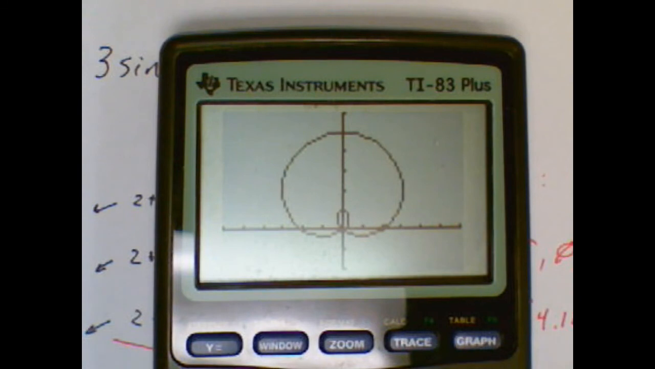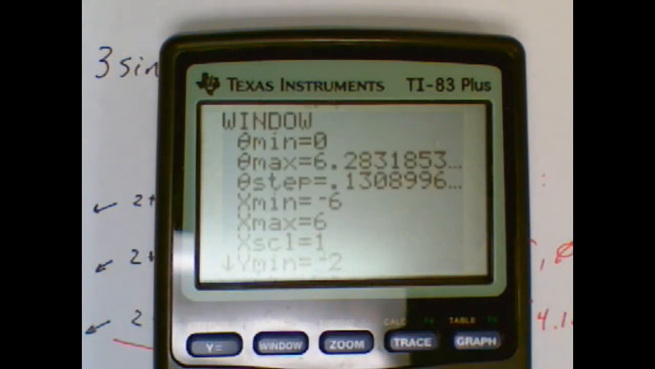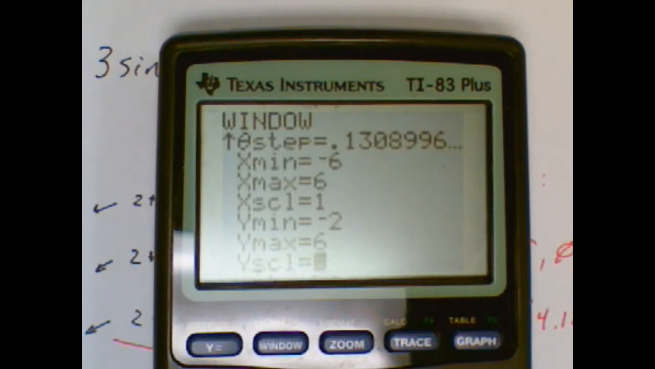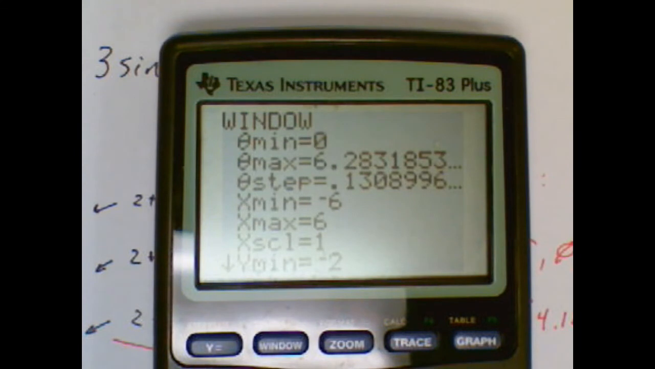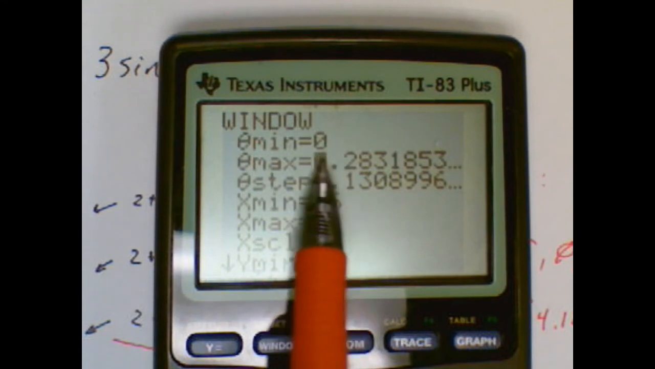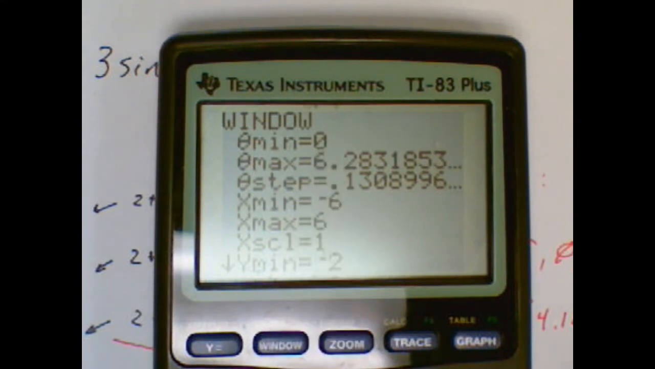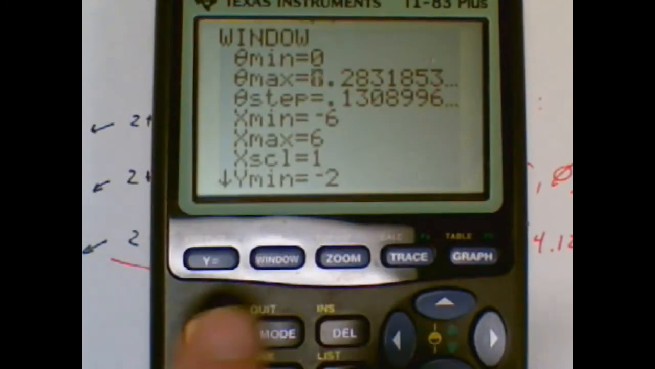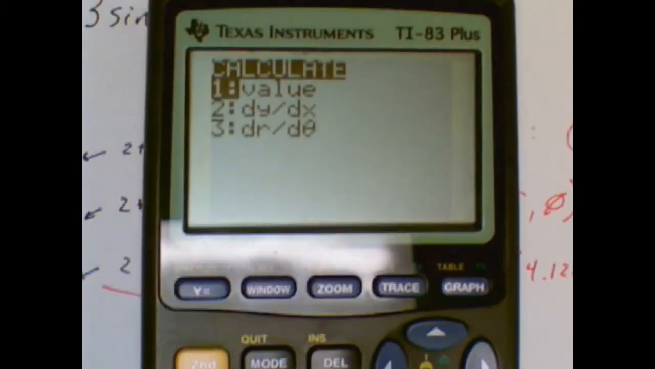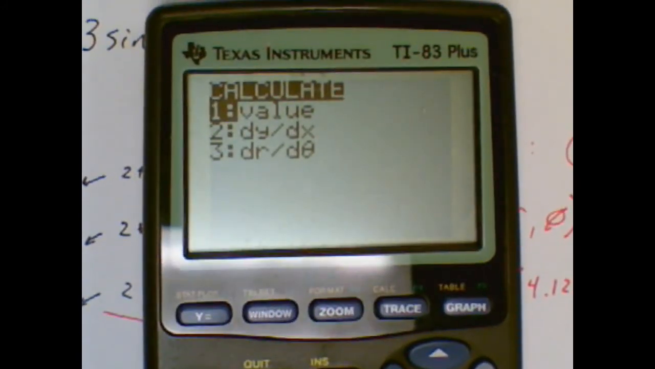Let me show you, you can, like you figured, set your X window and your Y window to be appropriate so you can catch the whole graph. The biggest deal here is you might have to be prepared to do some trial and error with the maximum or the end of your range. You can also do things like second trace or calc,